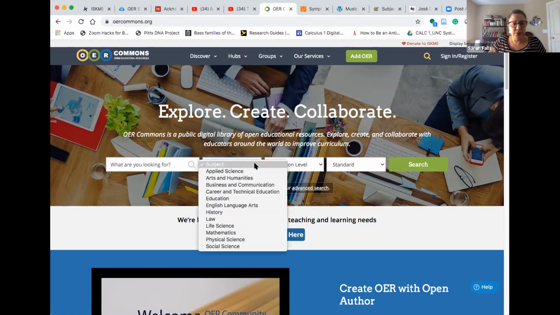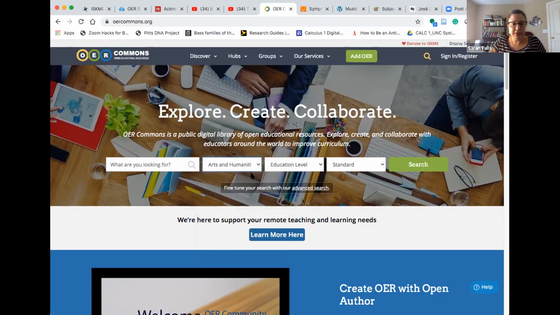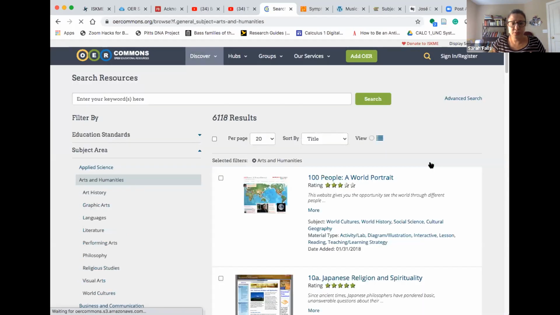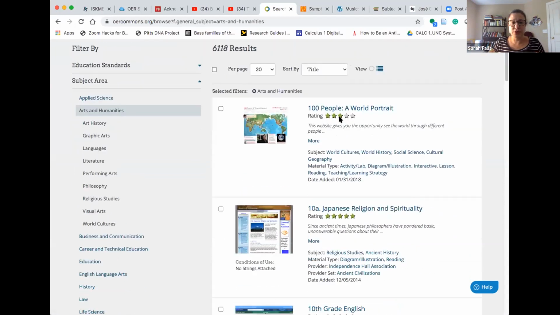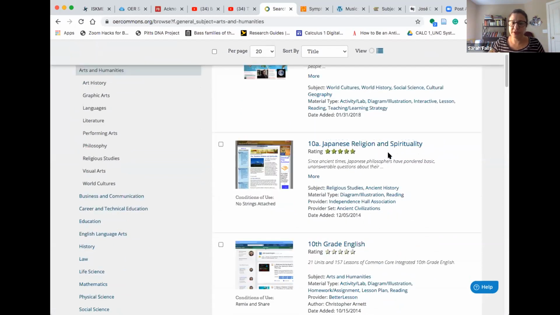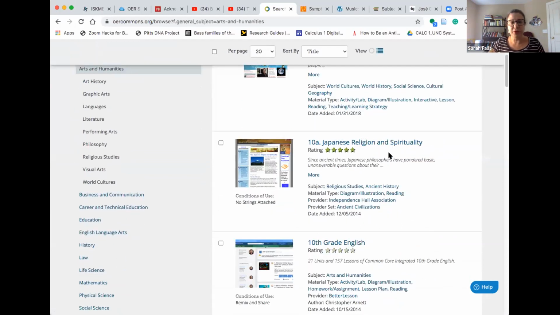So for all of us, we would go under Arts and Humanities and click on Search. This is going to bring us to a variety of different open educational resources. And again, some of these may be more textbook-based, they may be more object-based, but they are here. You'll see that there are ratings that are available too. This is because some of them anyway have been systematically reviewed, and OER Commons does offer you